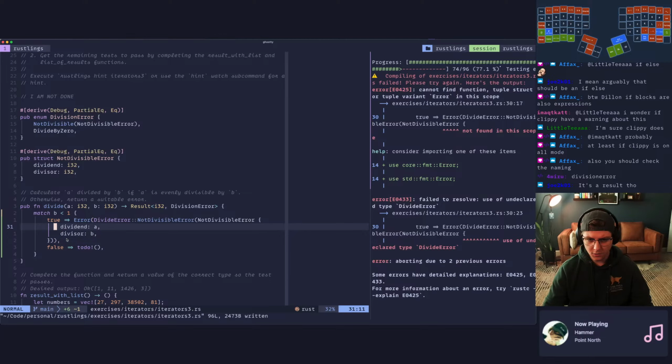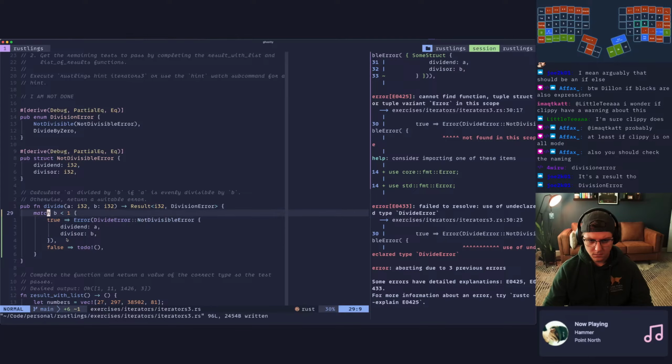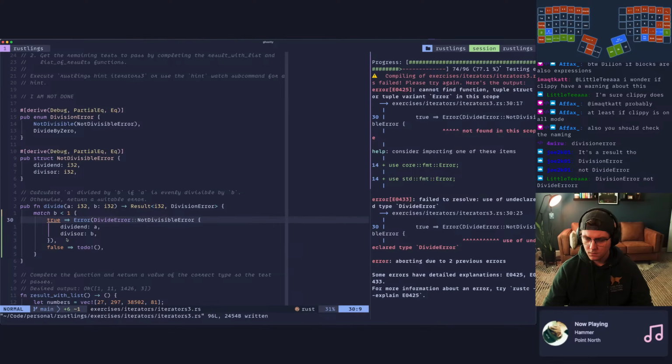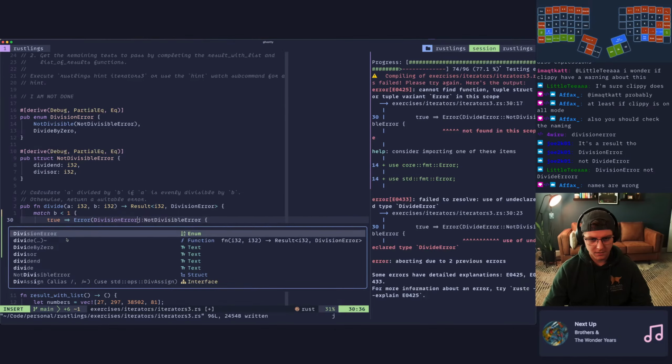Not found in this scope. What am I doing wrong here? Oh, I'm an idiot. You guys have been telling me that. I'm sorry.